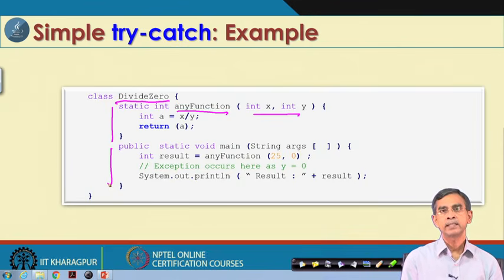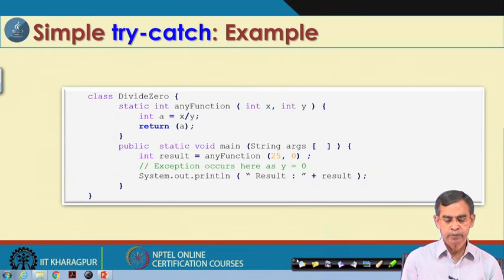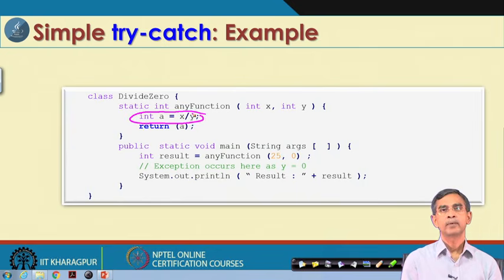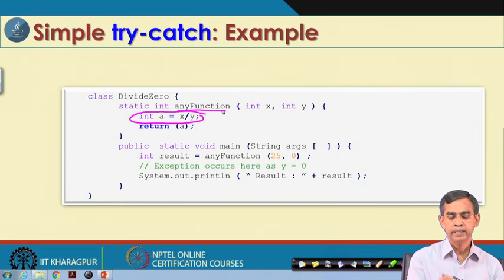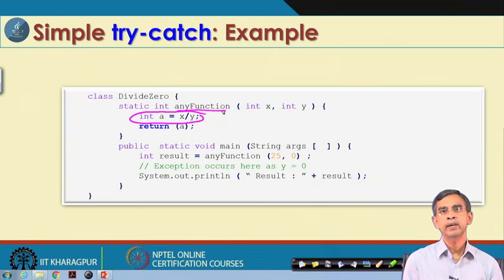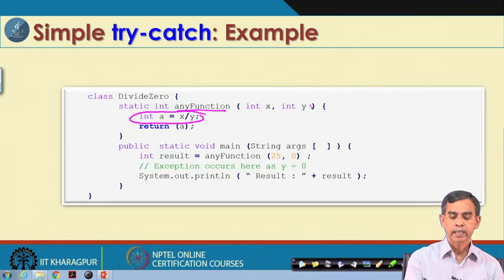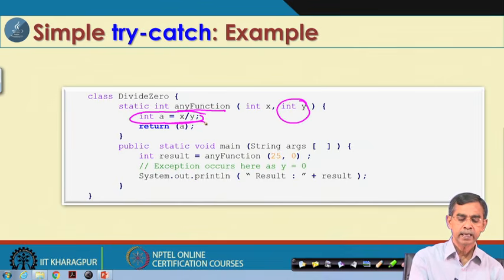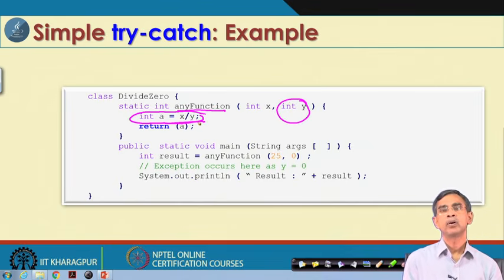Now, we can see where the source of error is in this program. Why? Because this method, any function, can be called for any integer values, that is okay. It will work for any integer values. However, it will not work properly if the second integer is 0, because then it is a divide by 0, and no processing unit can deal with a divide by 0 error in a program.